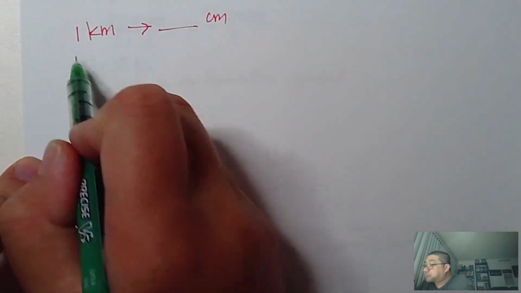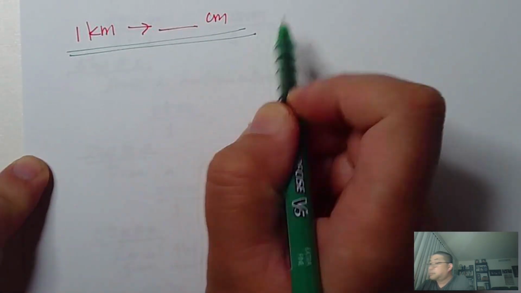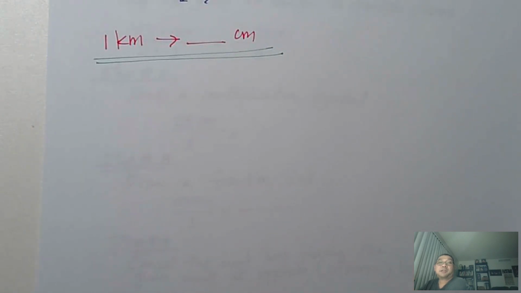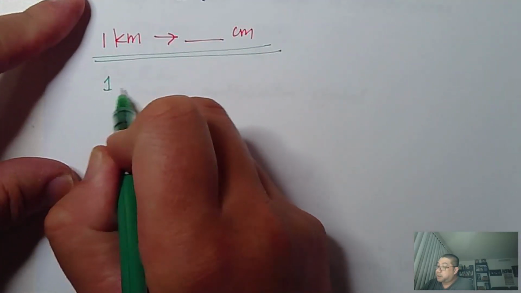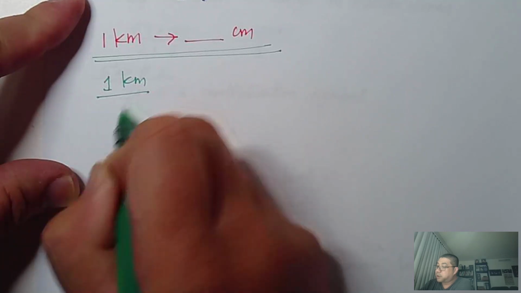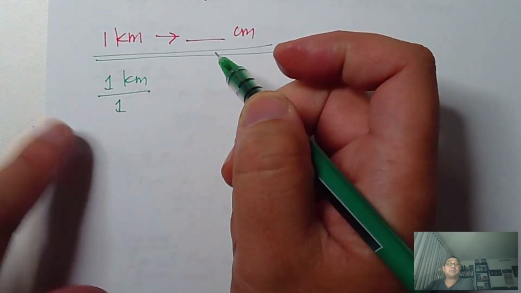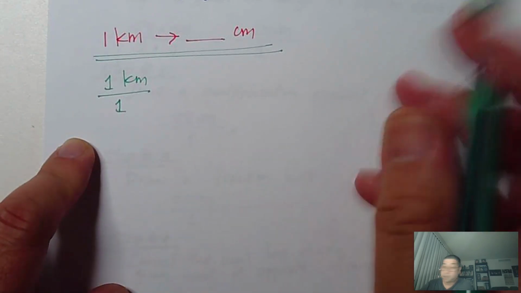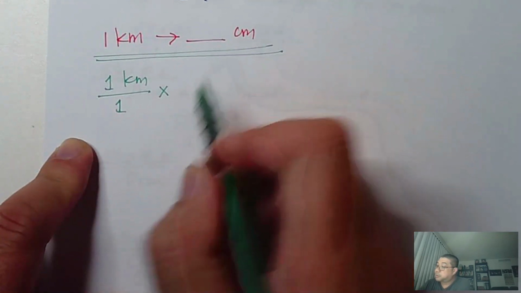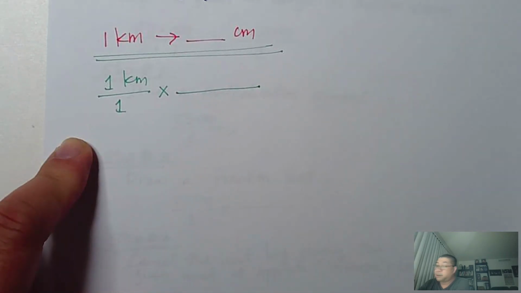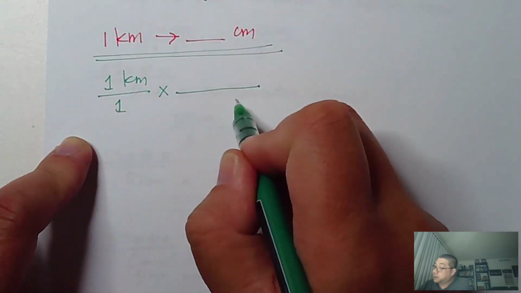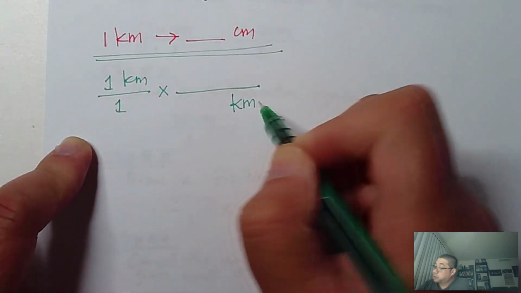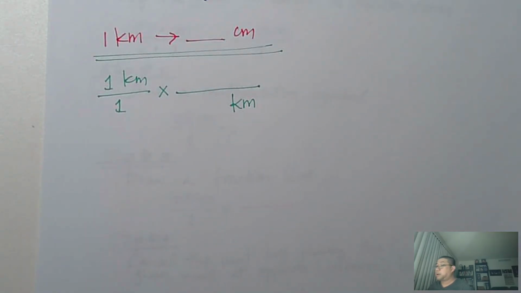So now, let's change kilometers to centimeters. Step number 1, let's copy our given and change it to a fraction by dividing it by 1. 1 kilometer over 1. And then you put your multiplication symbol, draw the fraction line, and then let's cancel kilometers by going down right here. Now the problem is,